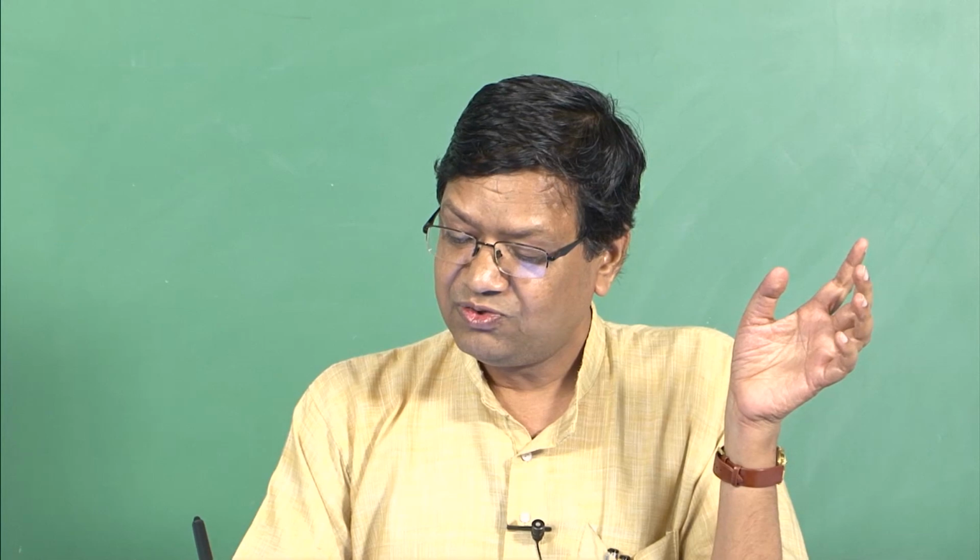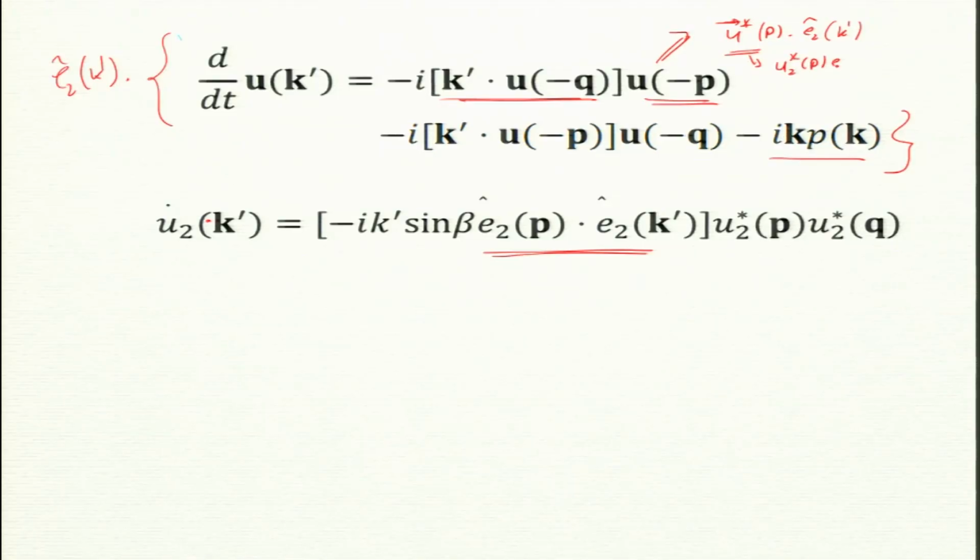So the only thing which will give you a component is the u2 component. So u2 star of p, e2 of p dot e2 of k prime. And what is u2p dot u2k prime? u2 is always along the minus z direction, so it is 1. I can close my eyes and you don't need to read from the table: u2 dot u2 for any pair is 1. So this becomes 1.